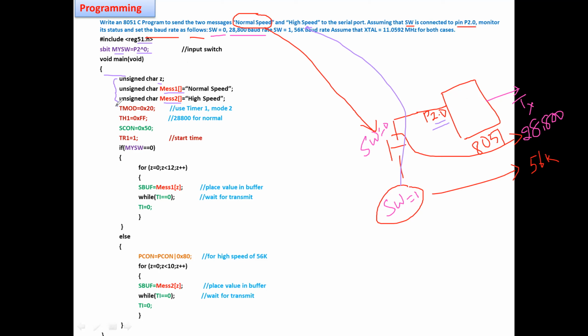Since it is serial communication, you must follow these four steps, because they initialize the baud rate of 28,800 as a first step. We have placed FF so that the baud rate will be 28,800. Now we have set this baud rate. Now I'm going to check whether my switch equals 0. For example, the switch is open.